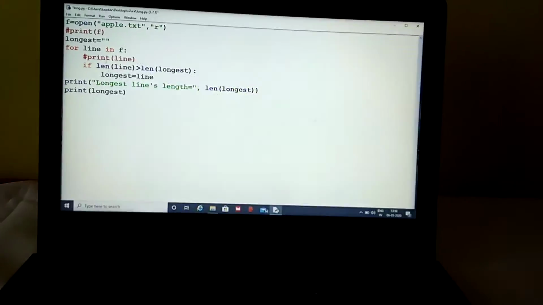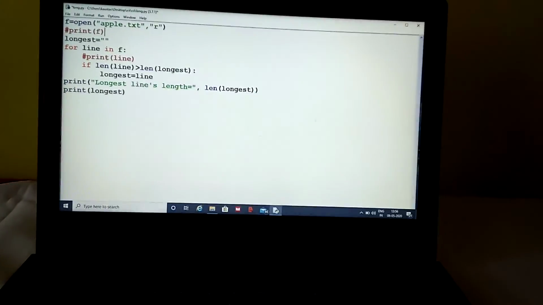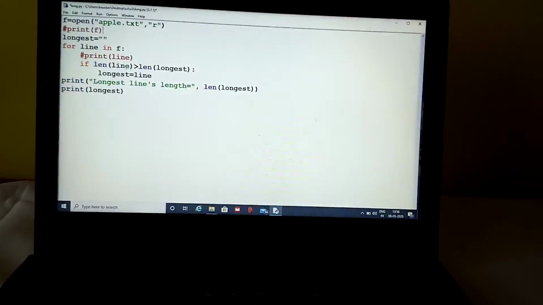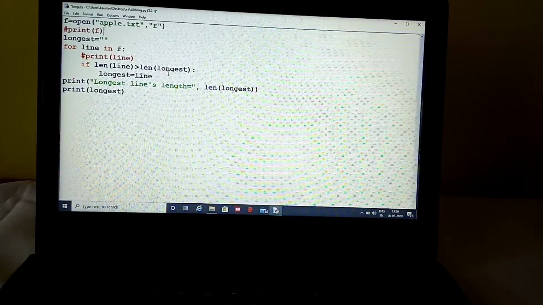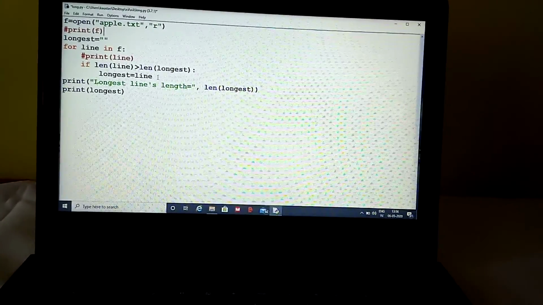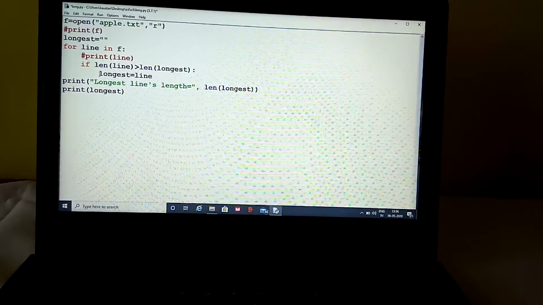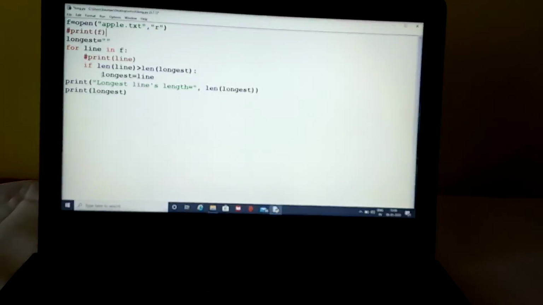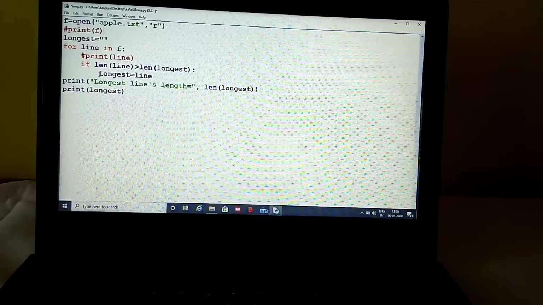Now once again it will go over there, the third line. If the third line is not greater than the second line, then the value of longest is not going to be changed. In longest, the second line remains.